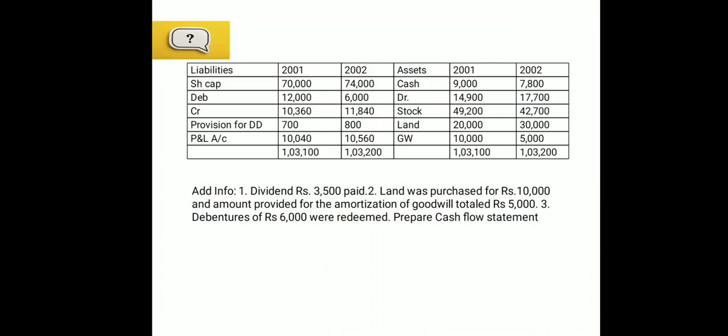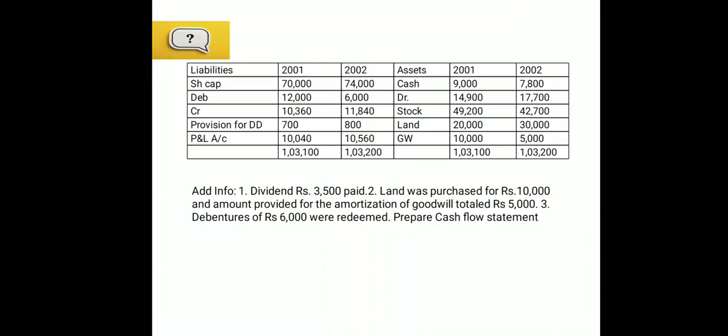So we are making the dividend payment, and again it is related to your financing activities only, because you have gone for share capital and you have gone for debentures. So how are you going to arrange the dividend payment or interest payment? How you have arranged and fulfilled your capital requirements, because of that we are paying the dividend or interest. So it will definitely come under the heading of which one? Cash flow from financing activity.